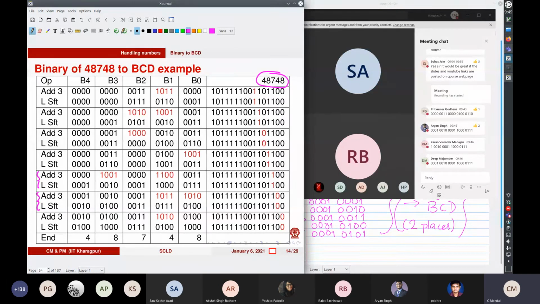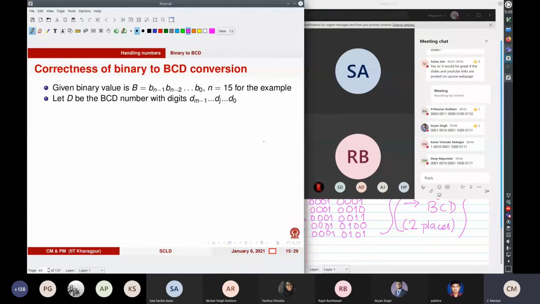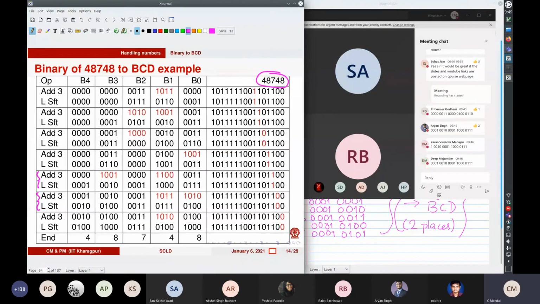So of course it's not listed in the original set of experiments, but that's all right. We can have some other experiments too. So this is how this conversion works. All right. So of course, the next step is the proof of correctness. Okay, so we will go into the correctness in the next class. But before we go into the correctness, I just want to